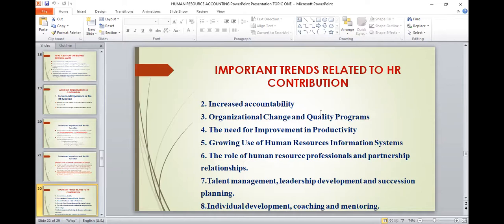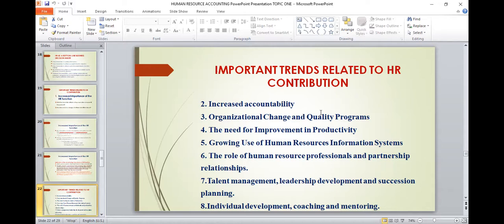That means we have to pick on the alternative that will give us the greatest returns. Evaluation will be very key. Measurement will be very key because it is through measurement that you are going to come up with the ranks. Is it important to undertake recruitment? Or is it important to undertake training? There could be other alternatives. So we should rank all these alternatives and then choose the alternative which will be giving us the best returns. So there is need for us to be accountable. There is need for us to do an evaluation.